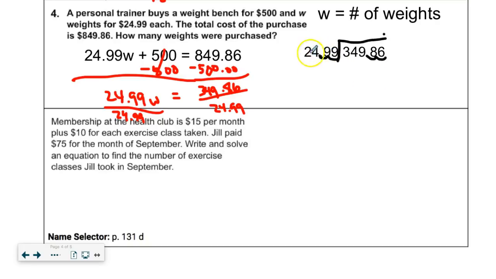Think about the context of this. I'm talking about the number of weights. It's going to be a whole number. It's not going to be a decimal. So just think about that. I'm putting 24.99 into 3498. That goes in once. Here's where it might get a little bit crazy. So I'm going to subtract 24.99. I have to borrow